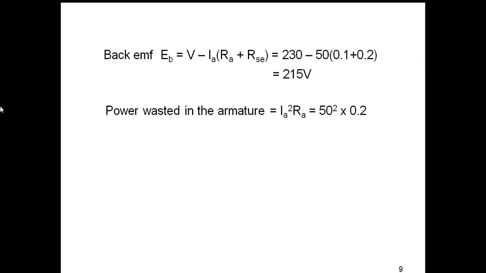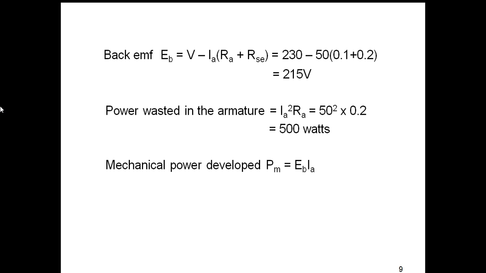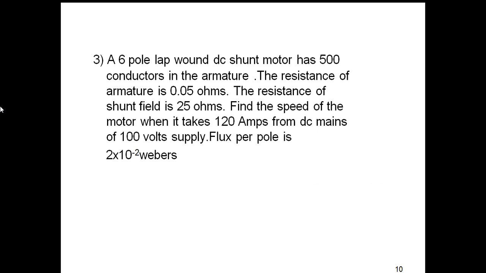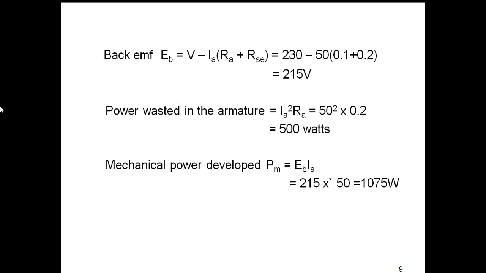So on substituting that, we get the answer 500 watts. And the mechanical power developed Pm is equal to Eb into Ia, where we know that Eb is equal to 215 and Ia is equal to 50. On substituting this, we get the answer